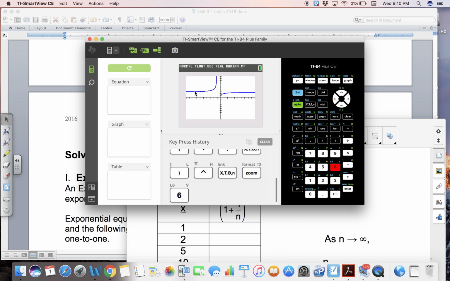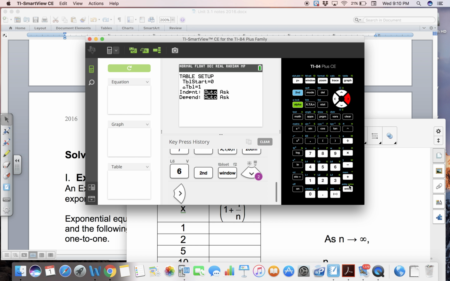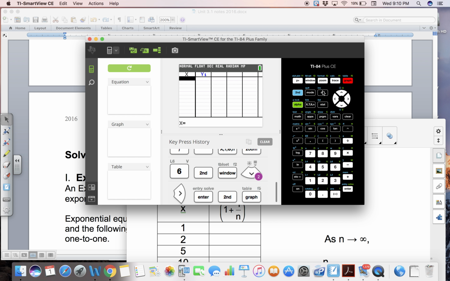Looks weird, but you can see there's like an asymptote here, and I want to take a look at that asymptote. So in table set, I'm going to change it from auto to ask. And I'm going to type in some numbers and let x get really big, and we can see what it's going to. So let's do 1, 5. I skipped 2, that's fine. 10, 100,